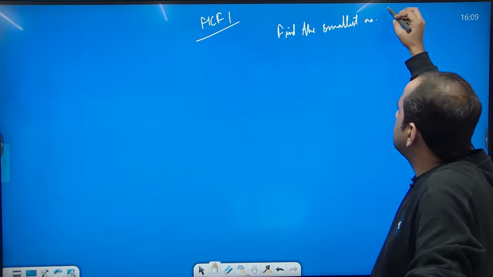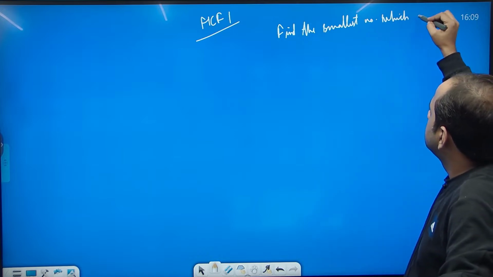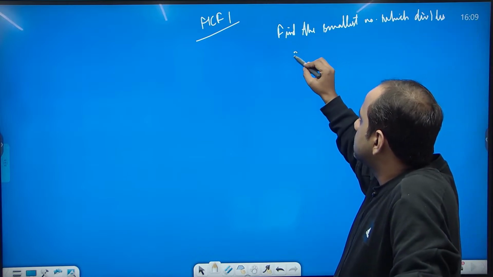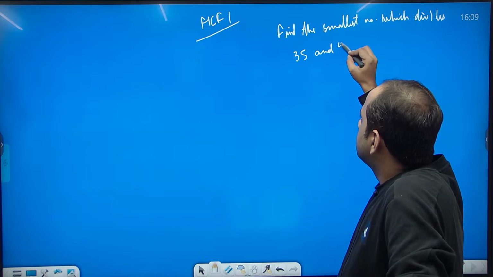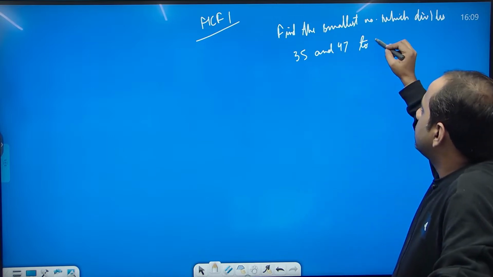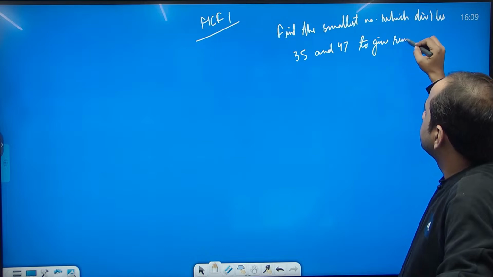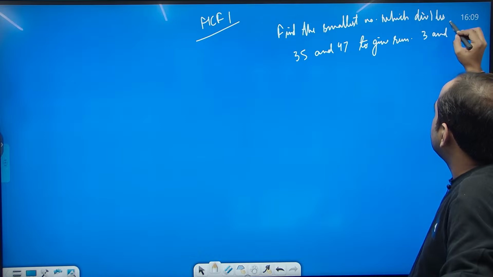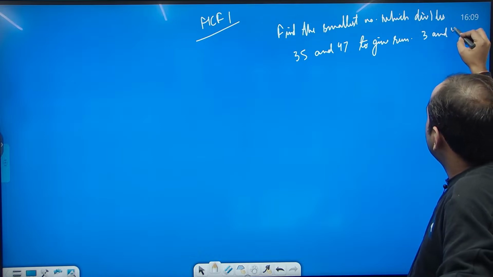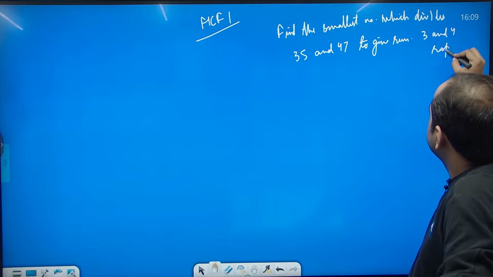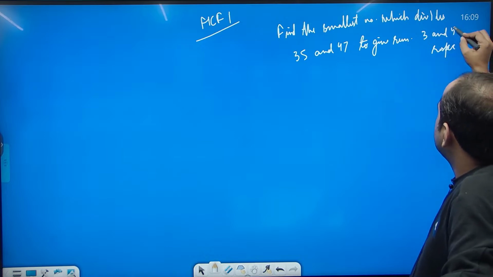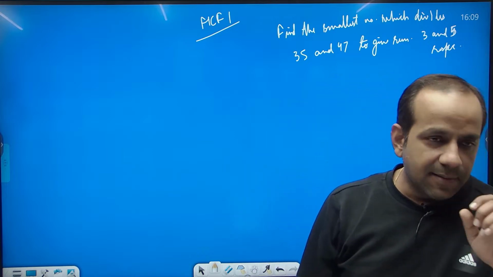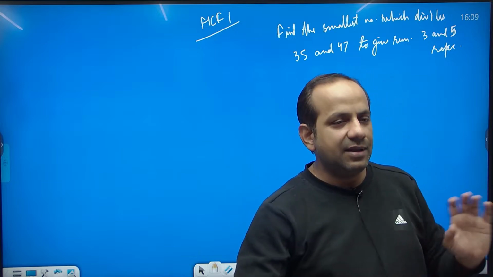Find the smallest number which divides 35 and 47 to give remainder 3 and 5 respectively, okay। अब इसकी लैंग्वेज समझो।